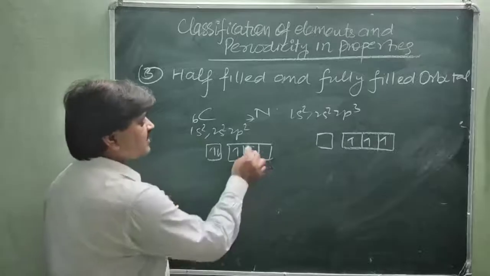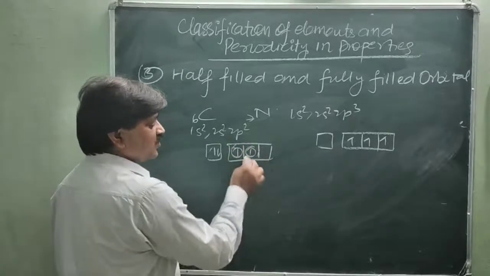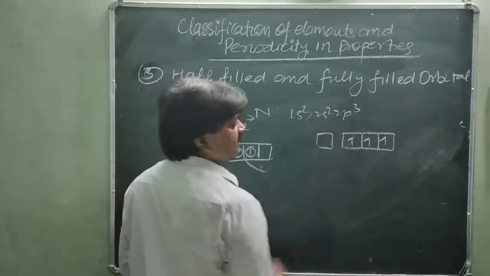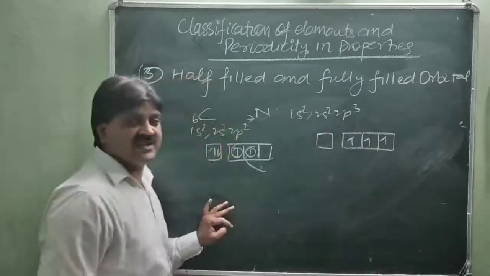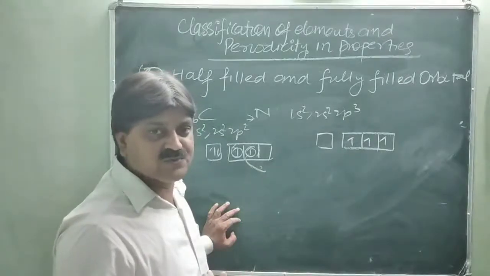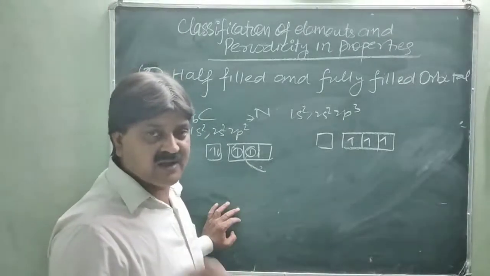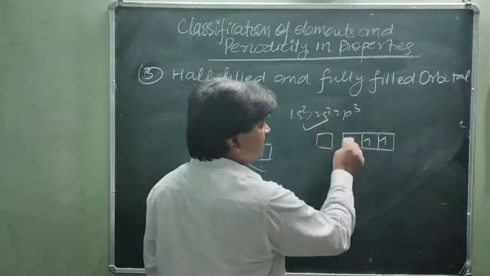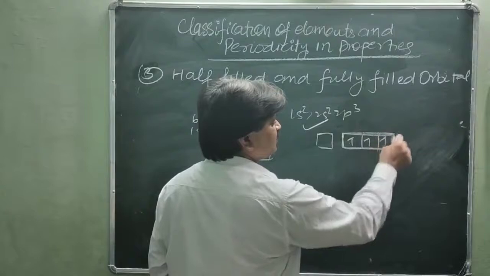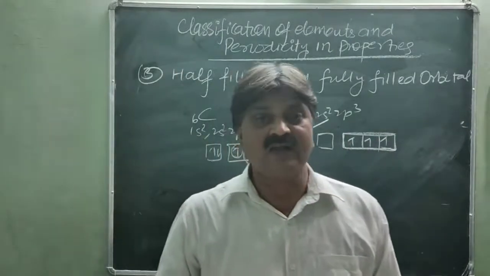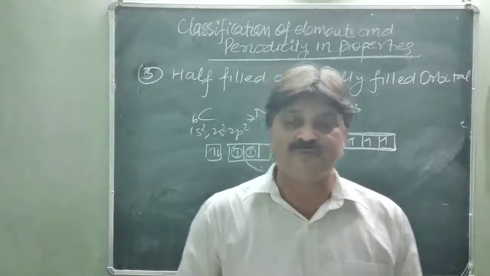So only 2 electrons in the case of carbon, so they try to lose the electron easily as compared to nitrogen. In case of oxygen, you can say oxygen will have 4 electrons in its outermost shell, which is neither fully filled nor half filled. So nitrogen achieves extra stability due to the completely half filled outermost shell. In this case, ionization enthalpy is very high; it requires much more energy to pull the electron.